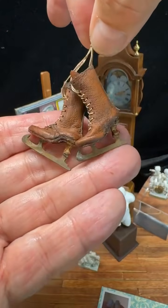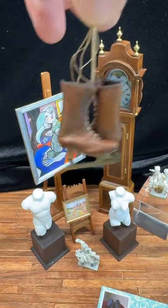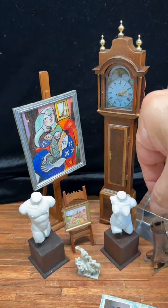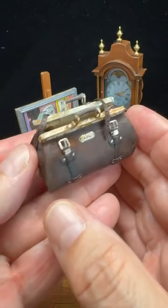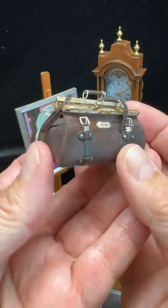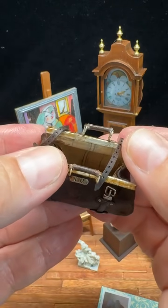The aging and the shaping and the proportions and the scaling and the sizing just blows me away. And of course, they also have this. Now, I have one already, but of course I had to have another one because when you see something as beautiful as this, you got to have more than one. And look inside. It's